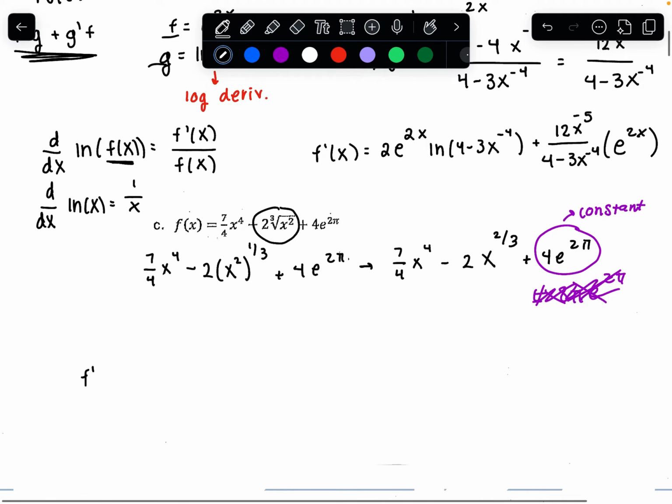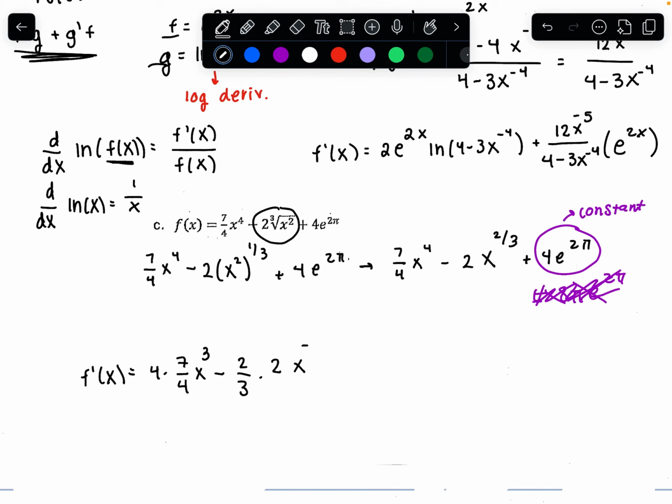So we'll get f prime of x is equal to 4 times 7/4 x cubed minus 2/3 times 2x to the minus 1/3, which is going to be 7x cubed minus 4/3 x to the negative 1/3. Again, because this one had a derivative